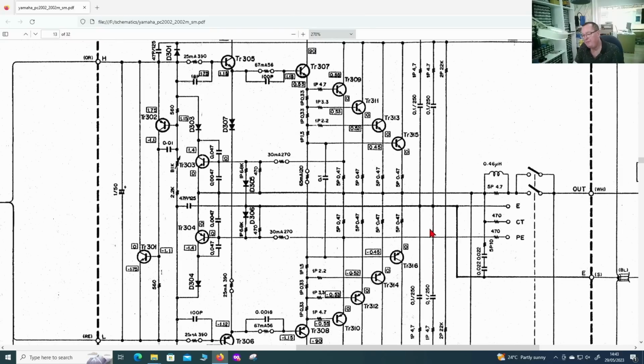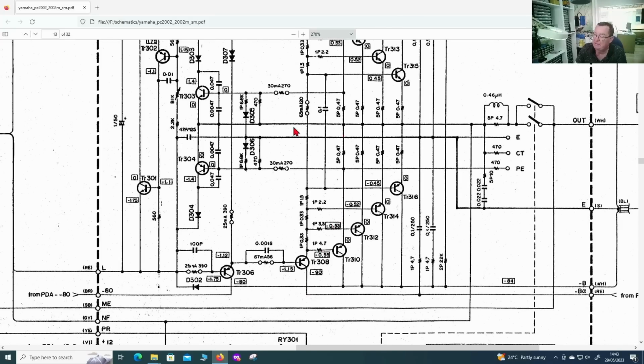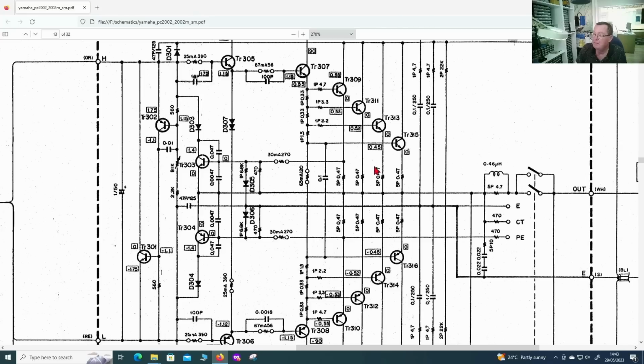One other thing I find very interesting about this amplifier, and so interesting I'm going to mention it. The driver is driving the 4 output transistors, and then we have resistors from the emitters to ground, and the same thing on the negative half of the amplifier, okay. But look,